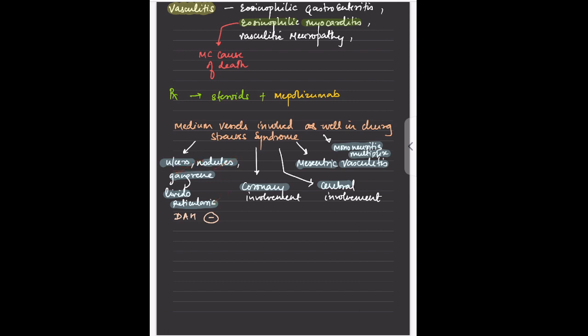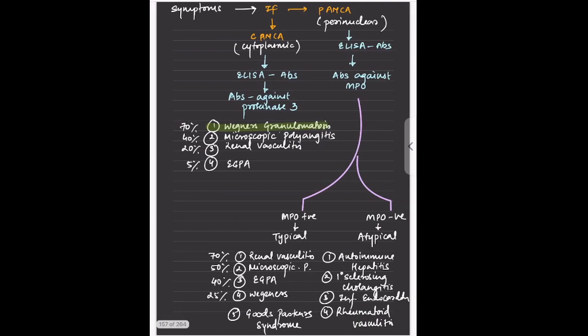If a small vessel is involved, there will be only purpura, petechiae, like that. So small and medium vessel involvement, that is Churg-Strauss syndrome. Whenever a patient presents with symptoms like any triad, or we suspect increased IgE levels, or recurrent allergic cough, and the patient is given symptomatic